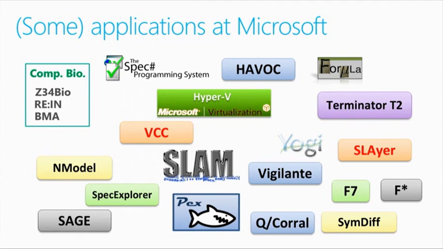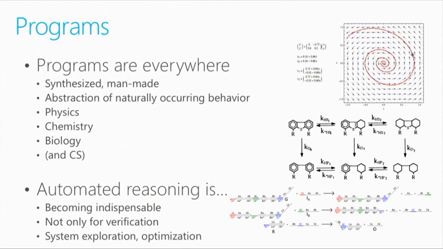Right. Now, I'm going to show you one of these applications here. In computational biology, the type of reasoning that's done is also verification. But the inputs are slightly different. And in fact, programs are essentially everywhere. Of course, programs are written by programmers and software engineers and so on. But increasingly,